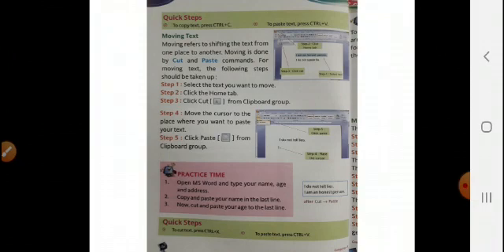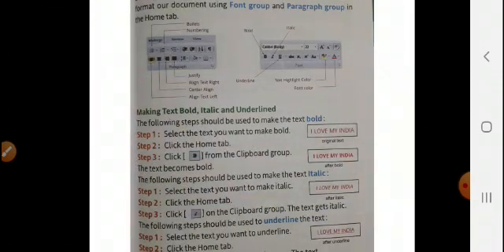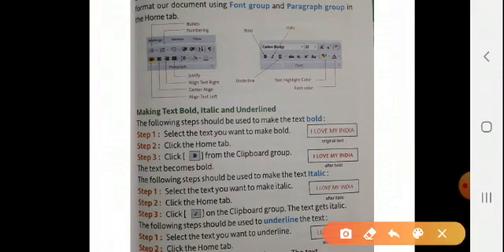Okay, so now on page number 37, what is our next point? How to format a document. You know very well what formatting is, making changes. To make the text in a document attractive, we have to change and arrange the text, which is known as formatting. So formatting is changing and arranging the text to make our document more attractive.